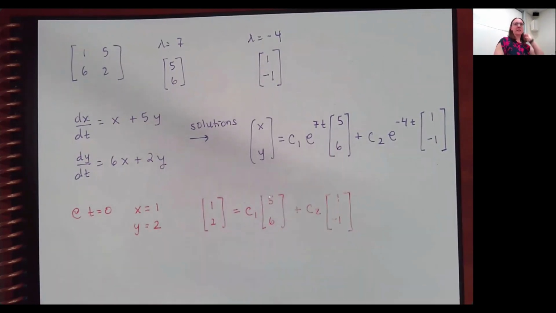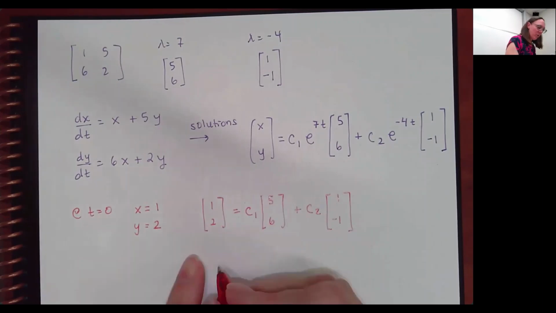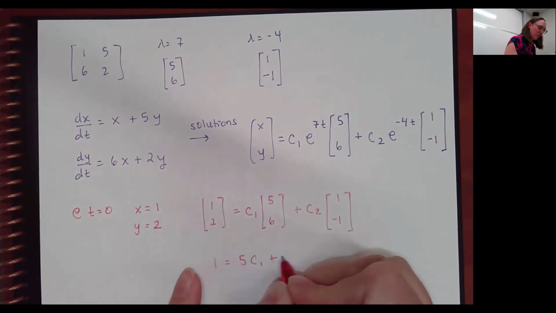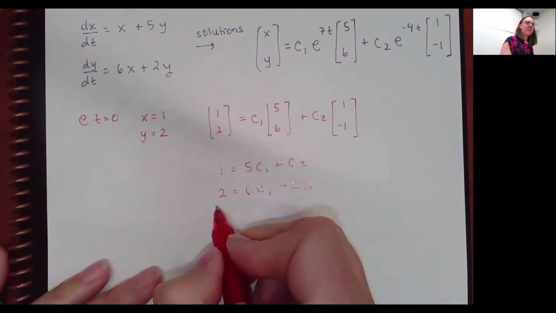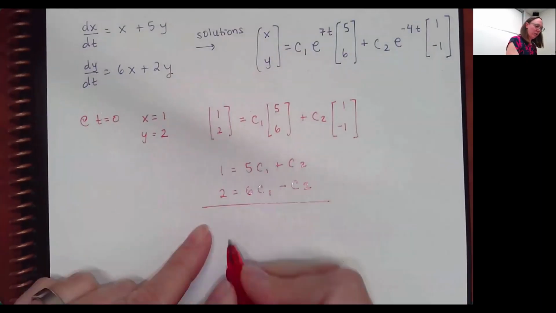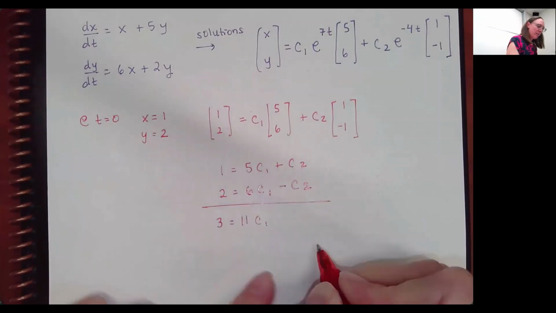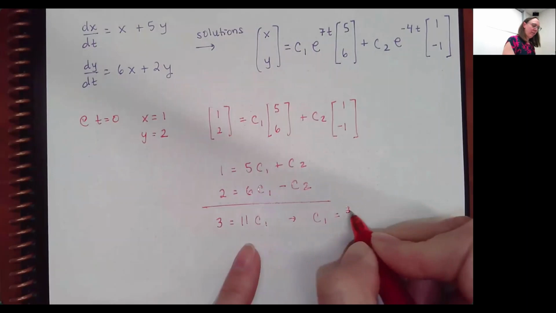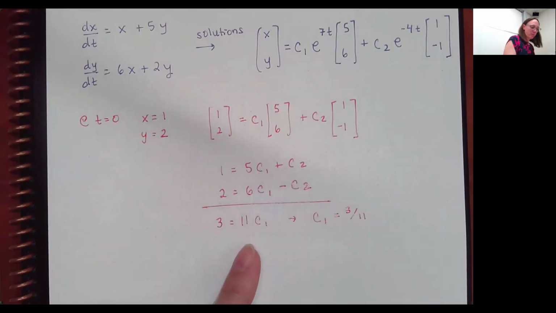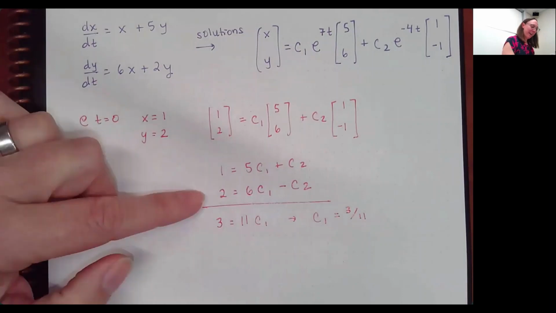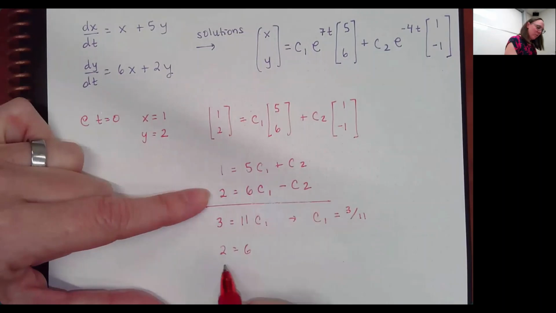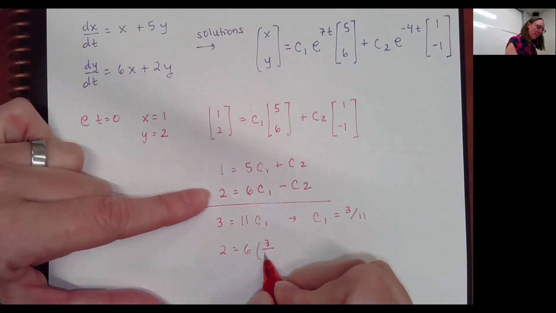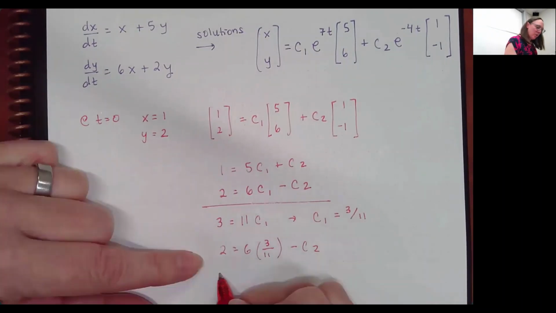And now I'm just solving a system of linear equations. So 1 is equal to 5c1 plus c2, and 2 is equal to 6c1 minus c2. If I had to solve those, I'm just going to add, so my c2s go away, and I get 3 is equal to 11c1. So c1 is equal to 3 over 11. A little bit gross, but that's okay. Then I can plug that back into either of the other two equations. I'm going to take the bottom one: 2 is equal to 6 times 3 over 11 minus c2. So c2 would be